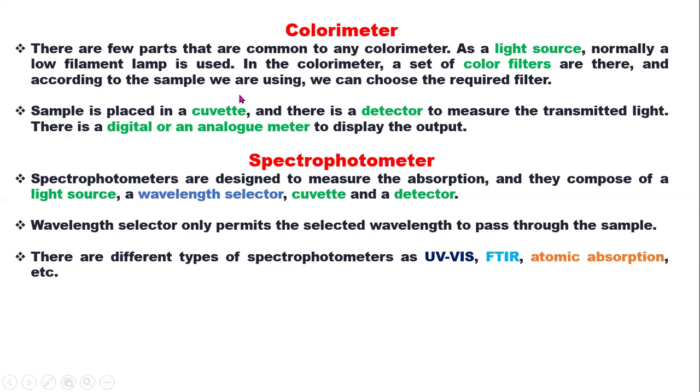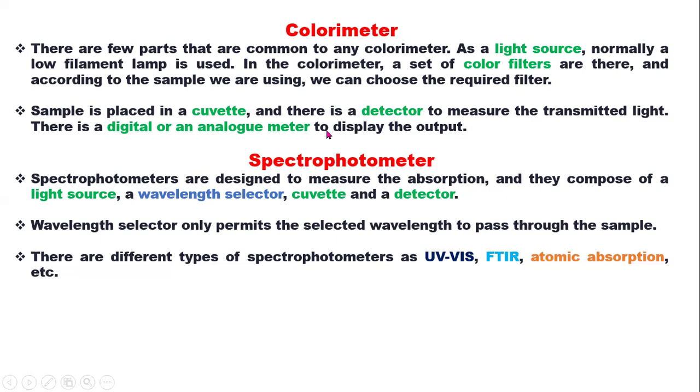There are a few parts that are common to any colorimeter. We have a light source, which is normally a low filament lamp. Also, we have a set of color filters, and according to the sample we are using, we can choose the filter required. A sample is placed in a cuvette. A cuvette is the cell. You have already seen it in the lab. It's the cell or the container that you put your sample in before inserting it into the colorimeter or spectrophotometer. There is also a detector that measures the transmitted light, and a digital or analog meter to display the output in the form of